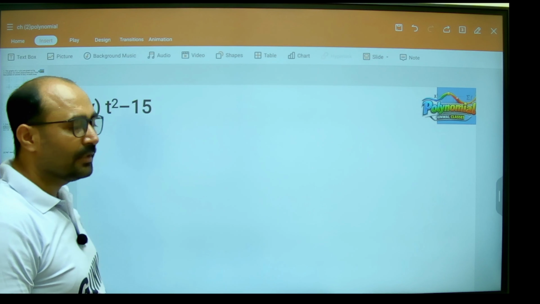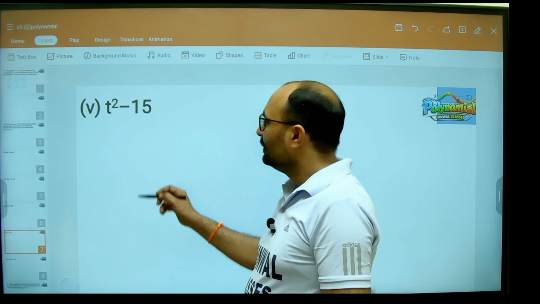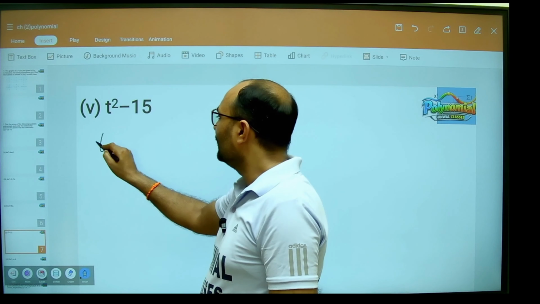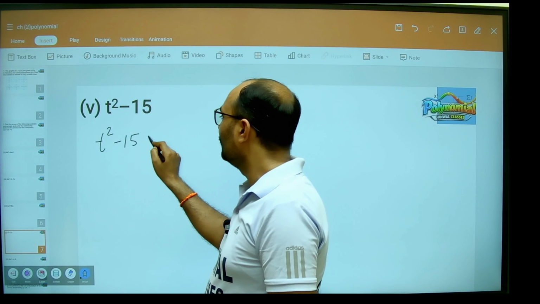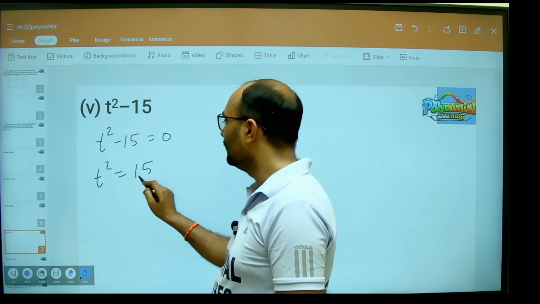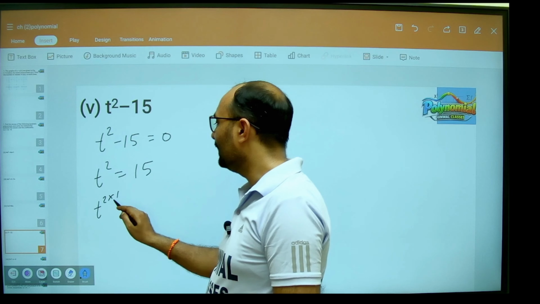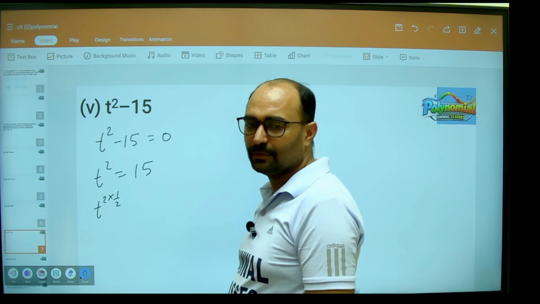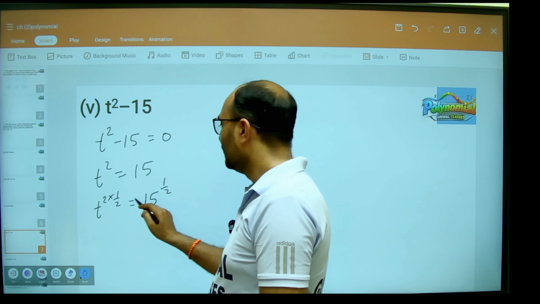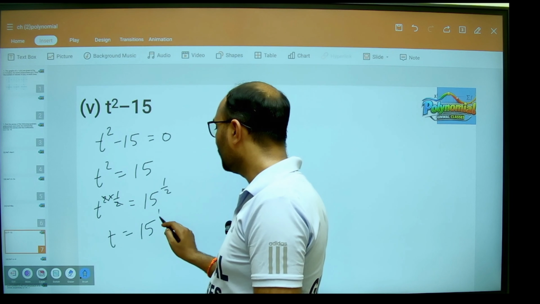T square minus 15. Now middle term is missing here. T square minus 15 equal to 0. If you transpose this to the right side, t square is equal to 15. Square root both sides. Square root both sides means multiply with 1 by 2, exponent with 1 by 2. This will cancel out. So t is equal to 15 exponent 1 by 2, which is